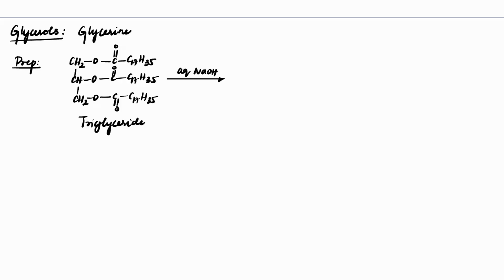That would give glycerol, which is CH2OH, CHOH and CH2OH, and we'll get 3 moles of C17H35COO minus Na plus. This is the composition of soap known as sodium